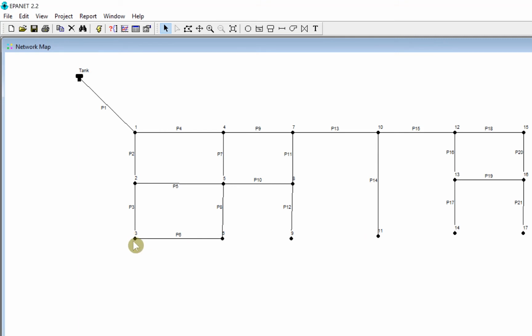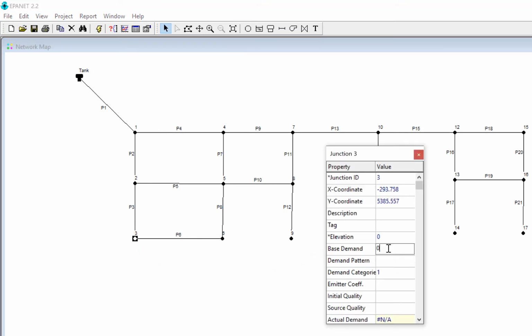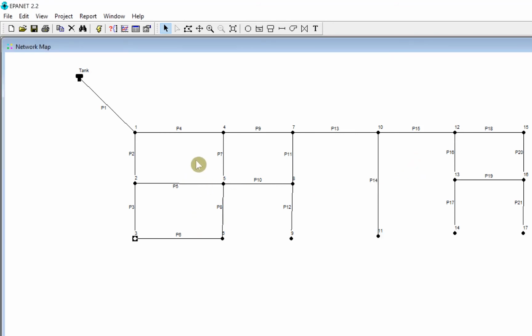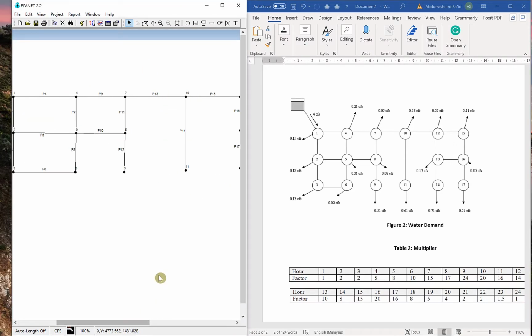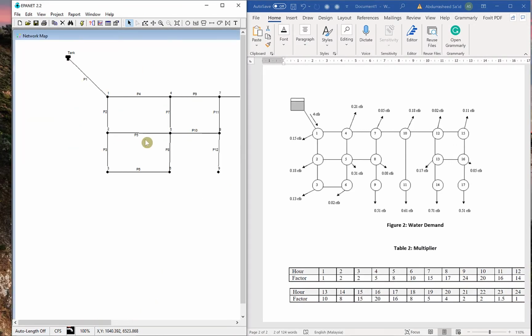So node 3 is 0.13. We are going to specify the same for all the other nodes. Okay, so I put all the base demand on all the nodes as per the question that we have. We just replicated it here and we put in the tank properties, and then the next